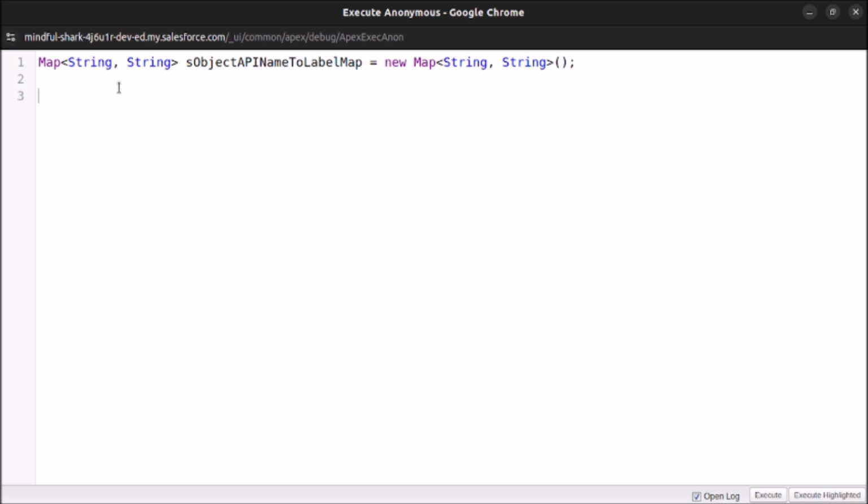Now let's create another map for storing the result of this get global describe method. So let me copy the method and paste it here. Here we are using the get global describe method of the schema class, and it will return a map of string comma schema.S object type. Now let's loop through the map. So for string,